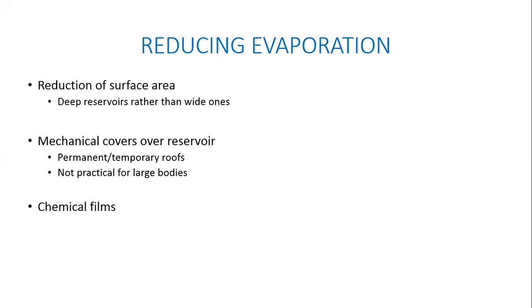So something that is suggested, and has in fact been used, especially in California, is using some kind of chemical. I think it's cetyl alcohol or some kind of alcohol. I don't remember the exact name. This alcohol is spread over the surface of the water, and since alcohol is typically lighter than water, it floats on the surface and creates a film on top of the water, such that it's not exposed to the atmosphere,